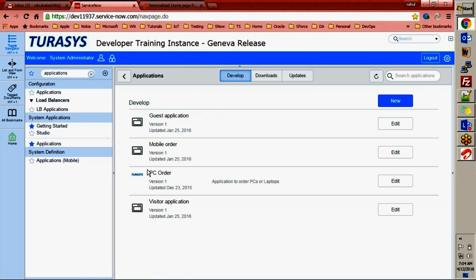I think most of the features that I want to demonstrate are available in this PC order application, so I'll use this one to demonstrate what I need to. So this is an application. Let's assume that you need to